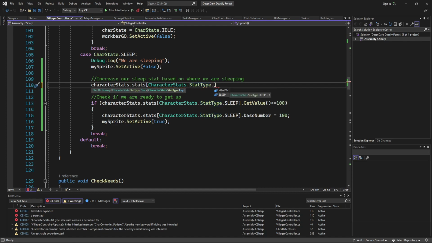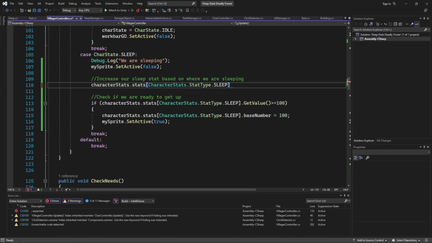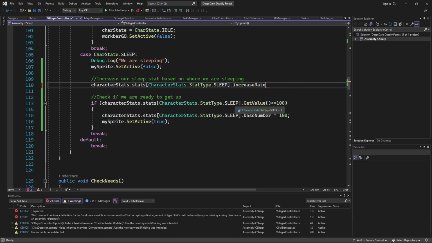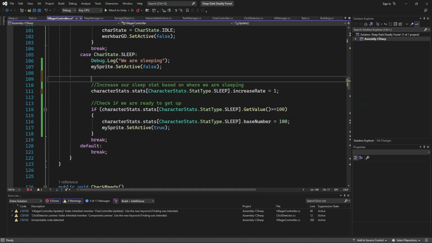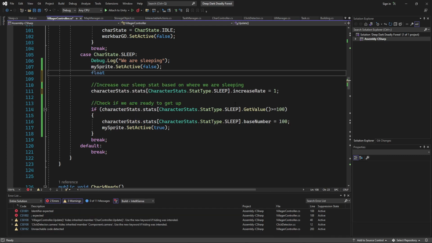Stat type dot sleep dot increase rate is equal to one times the building. Let's do this float, build sleep